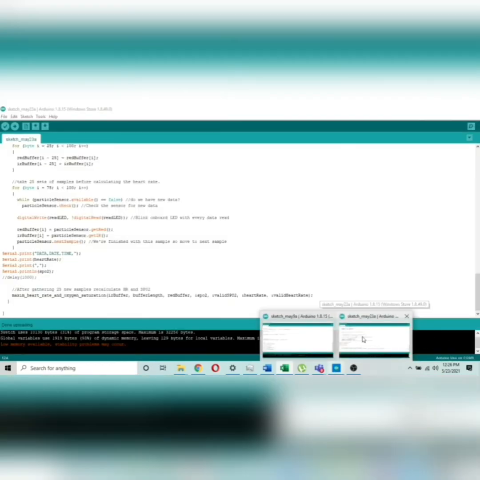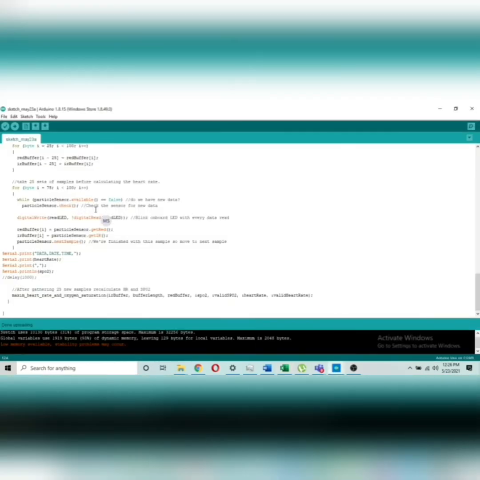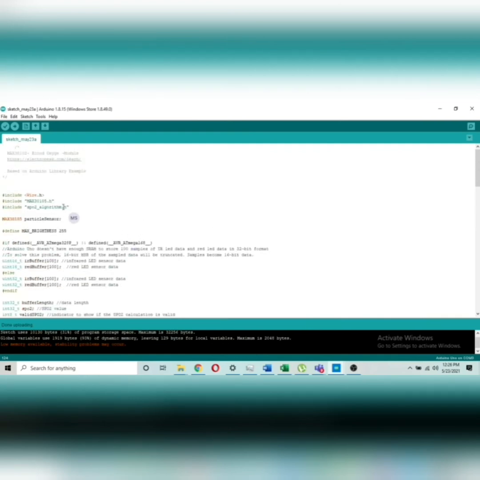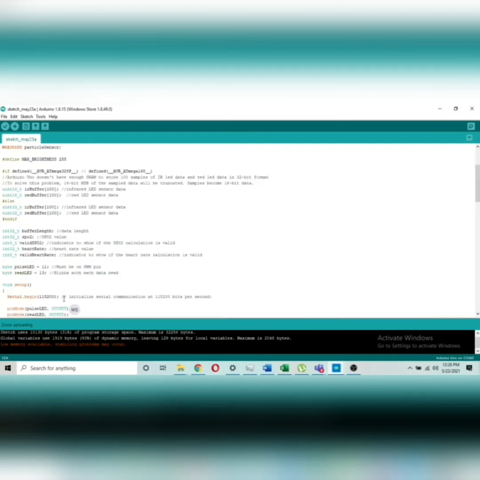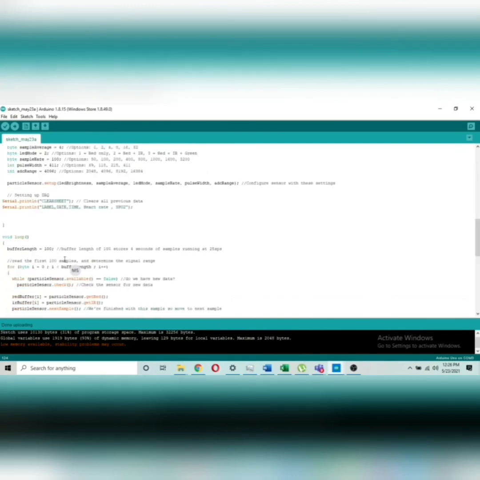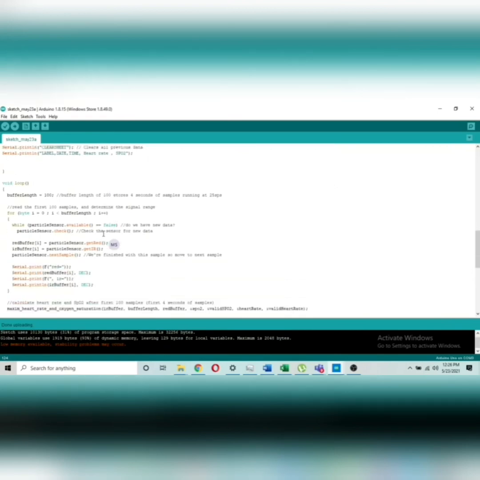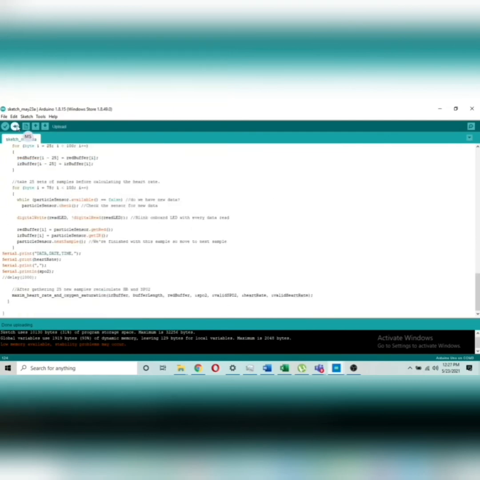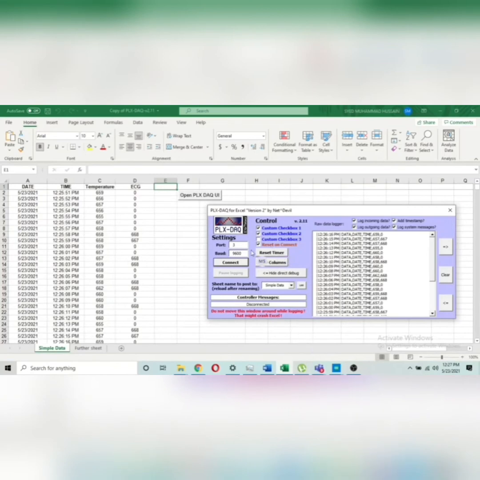Now coming to the second code, which is for the oxygen saturation level and the heart rate of the body. The previous code was for the ECG and temperature of the body. This whole code is to read the values from these two sensors. This part is for the DAC to record the values from these two sensors. For these two sensors, we have set the baud rate to 115,000. Now uploading the code and then opening DAC in Excel. Set its baud rate to 115,000 for these two sensors.